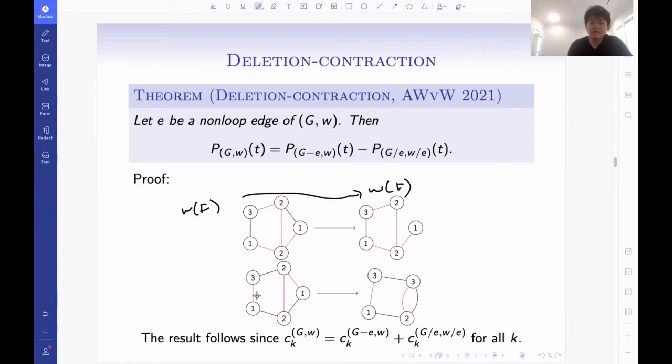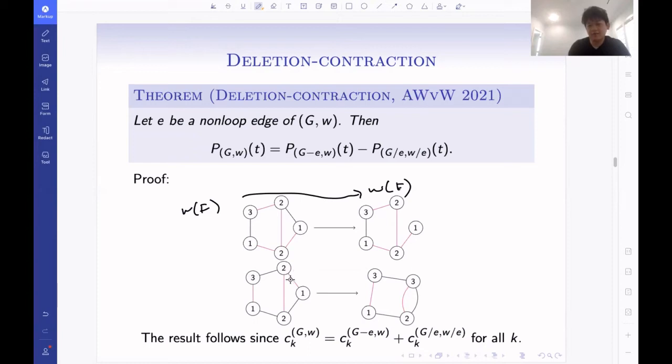What about the K-component spanning forests that do use the edge E? Then they're exactly in bijection with the K-component spanning forests of G contract E. So these are in bijection with the K-component spanning forests of G contract E. And moreover, this bijection is weight preserving because if you sum the vertex weights in each connected component, well, if